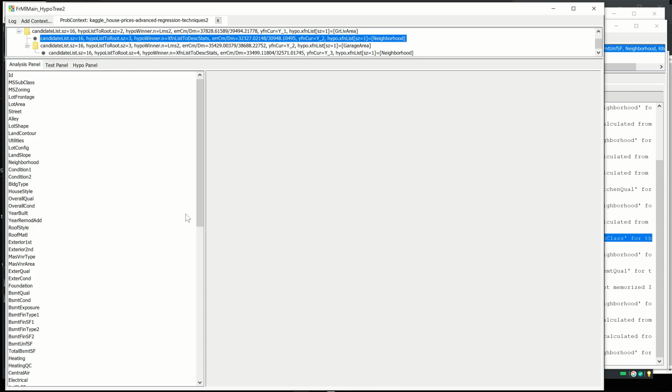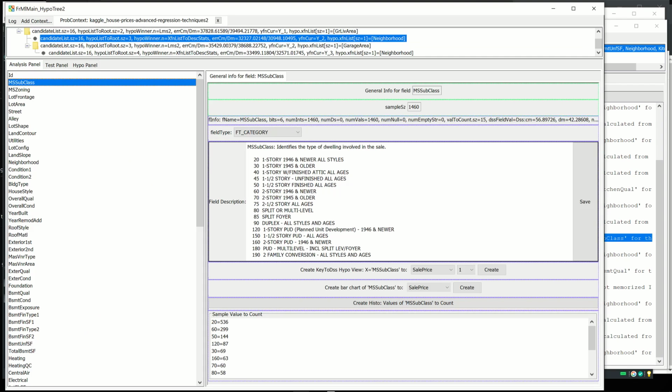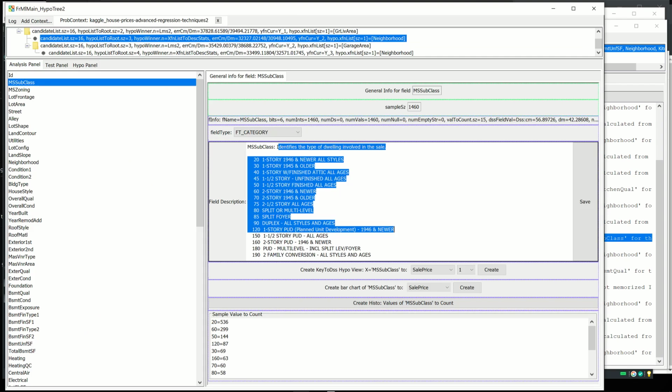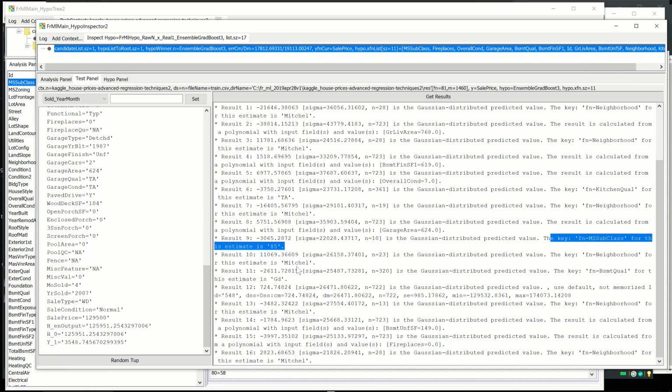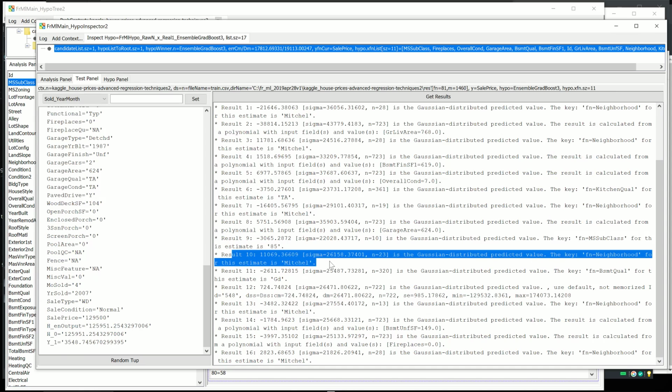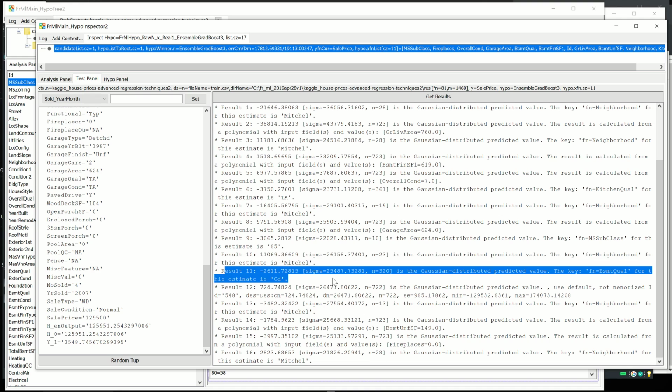Just think about it quickly. Since here, yes. So the actual type of home, so that makes sense. And again, the location. This one's the basement quality, so again, a qualitative assessment of the basement. And then we take into account,